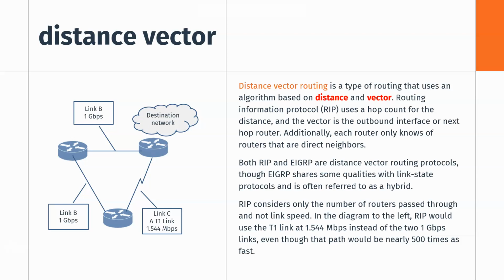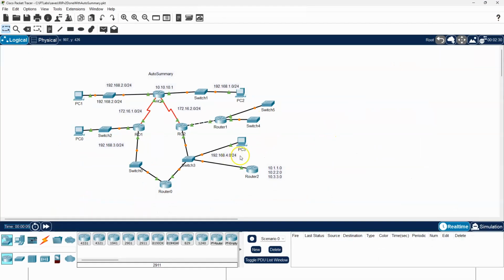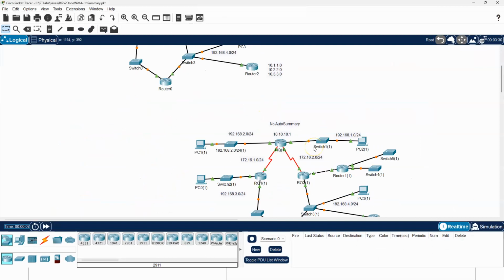And one other thing while we're doing RIP is a couple of other things: auto summary and no auto summary. What does auto summary mean when we do that? So in a RIP environment, we have